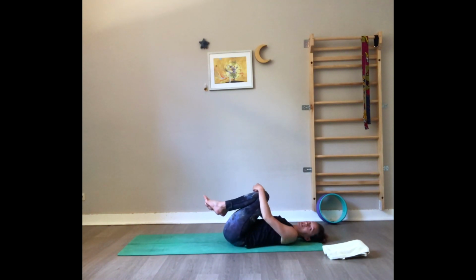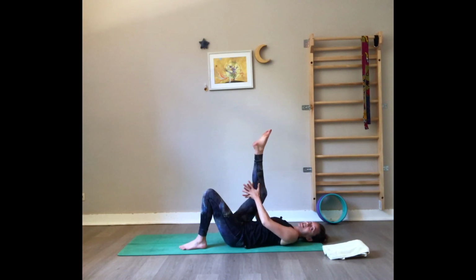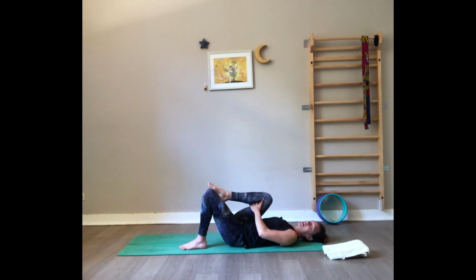Alright, now come back to the center if you were in a moving position. Now place both hands around the right knee and drop the left foot on the floor. So the left knee is bent, pointing towards the ceiling. Now slide the hands behind the thigh and gently start to press the thigh, to press the knee towards the shoulder. Gentle squeeze here. You can activate the right foot,